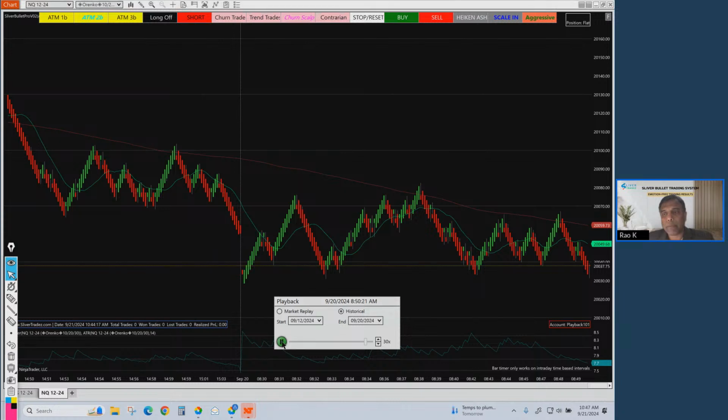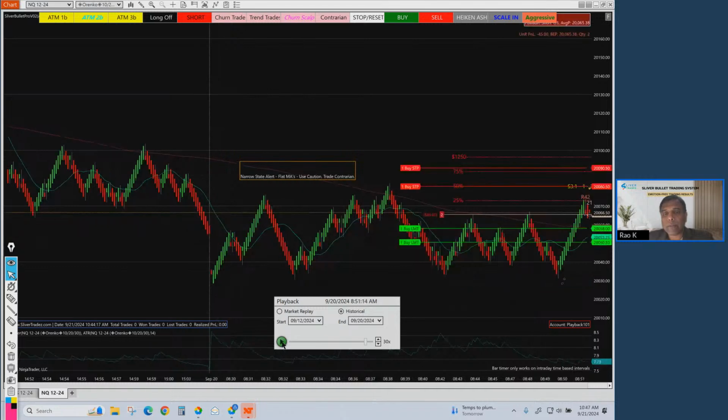So this strategy takes a trade when price has moved above this green line, which is the 21 SMA, and starts to move down. That time it takes a short trade. So it just took a short trade, and when it hits this green stick, it books the profit. If it hits the red stick, it incurs a loss. So here you see all the statistics as to what account you are trading in, what's the color of the position. It's a short trade, so it's a red block here.